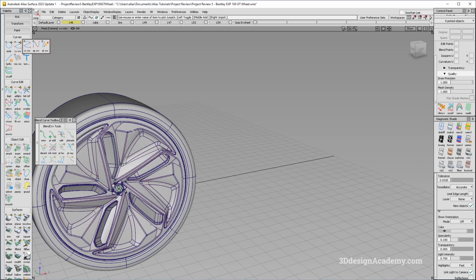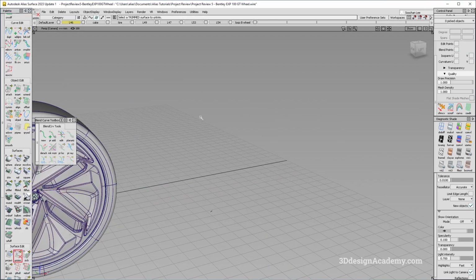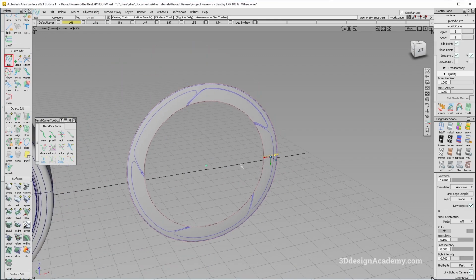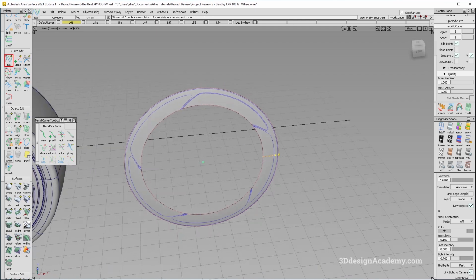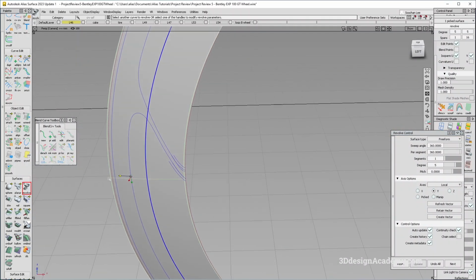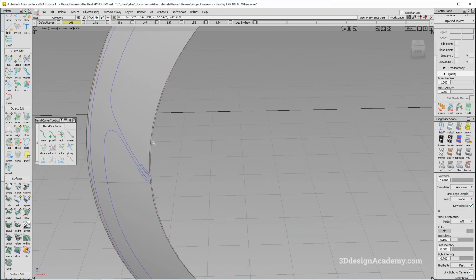So actually, you know what? Let's do this. I'm just going to copy and paste this one over here to the side like this, and let's just go ahead and untrim everything. Like that, and I'm just going to take the same section over here. I think the pivot location is totally fine, and I'm just going to do a revolve. Now, with the initial revolve, it looks like this, but that's okay. I'm just going to make sure that it's in Y, and as you can see, there is a little bit of discrepancy between the two surfaces. But this one, on the other hand,